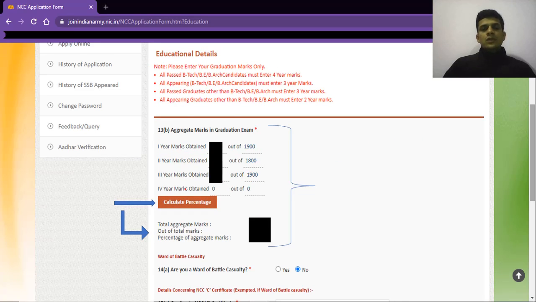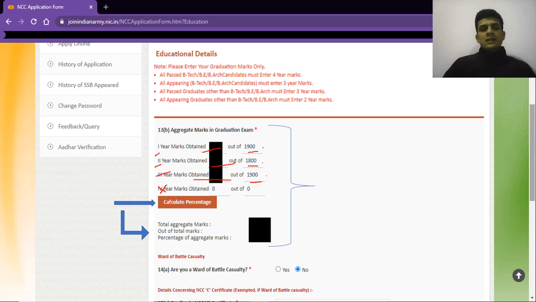So it is a 3-year course, so I had only first year, second year and third year, no fourth year for me, right? So I have mentioned my marks. Out of 900, the marks I have scored. Out of 1800, my first and second semester were a total of 1900 marks. Second, third and fourth semester were for 1800 marks, right? And then 1900 marks for fifth and sixth semester, and marks obtained.